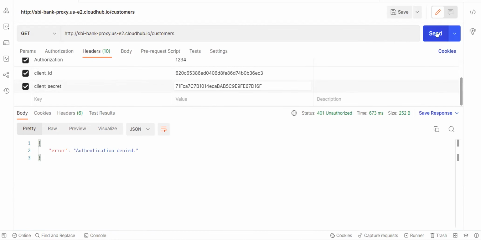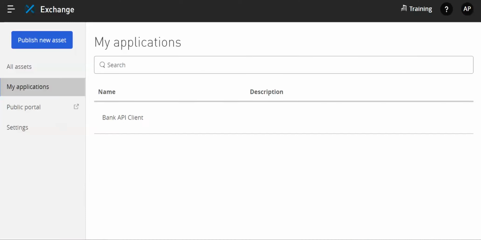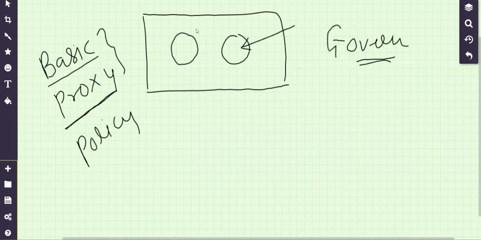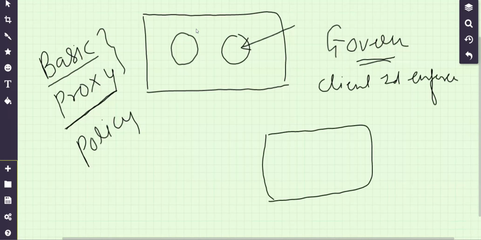Now, if I send the request, what happens? Okay. So if we send this client ID and client secret, on this instance the policy was applied. The policy name was client ID enforcement, right? Now, when I'm trying to access my proxy API, internally it can call a non-Mule API,